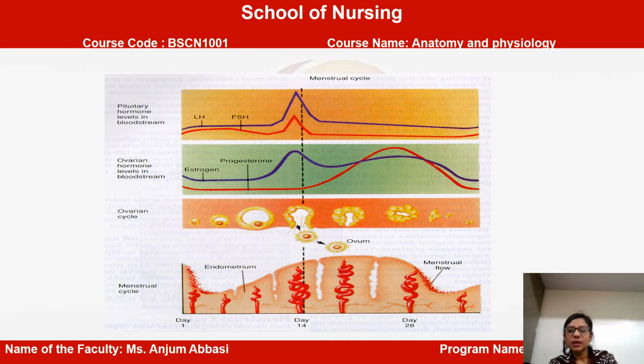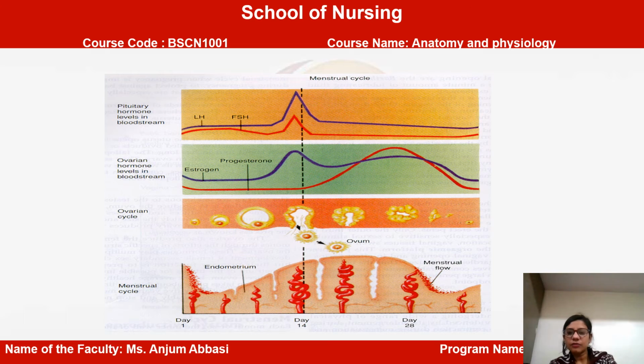Then what you are seeing later on, they are decreasing. And again, that progesterone hormone, which is represented by the red line, you can see it is elevating around the 28 days. Clear? And if you come to the menstrual cycle alone, what you are seeing there, then what are the changes occurring in the ovarian cycle?